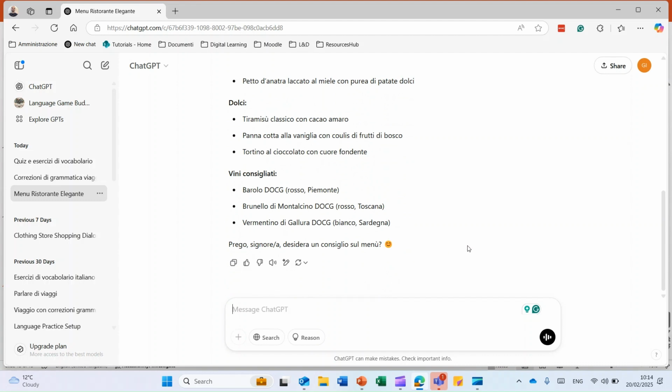And then here the student starts talking. They start asking questions on the menu. What is this? What is that? Do you have this? Do you have that? Can I have this? Can I have that? Bring me first this one. Bring me later that one. So the conversation can flow for quite a while. And last thing